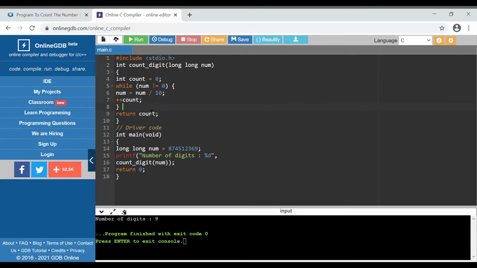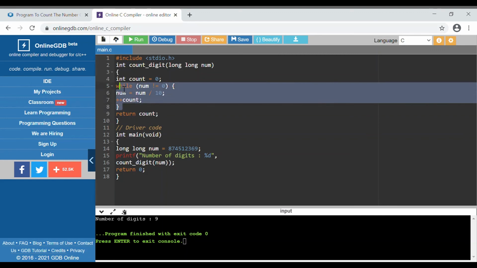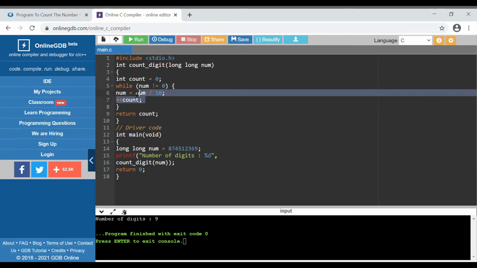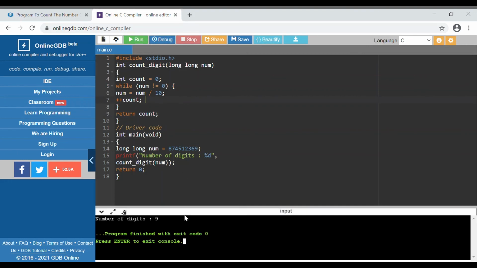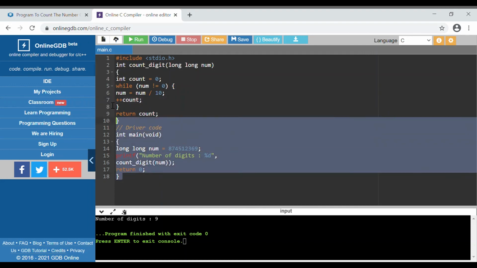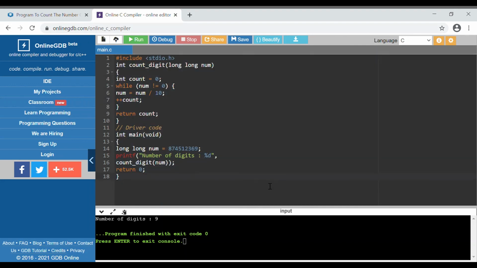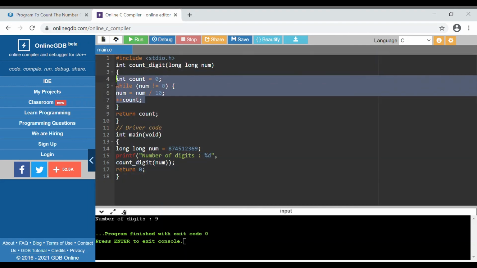At the end, in the count we will get our result. So this is our main logic part. You have to understand this logic only. This is the solution that we are looking for. When I execute this code, you will get 9. So this is how our code flows, and this is the logic of our question, right?